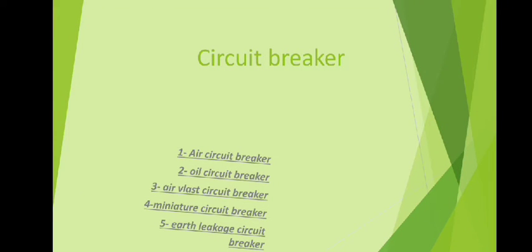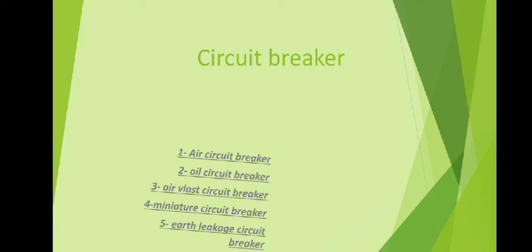Circuit breakers are used in electrical installations to make or break the circuit with or without load. They also incorporate protective devices. A circuit breaker is a device capable of making and breaking the circuit under normal conditions as well as under abnormal conditions. Normal condition means whenever no fault occurs, and abnormal means whenever a fault occurs in the system. So the circuit breaker will open or work.